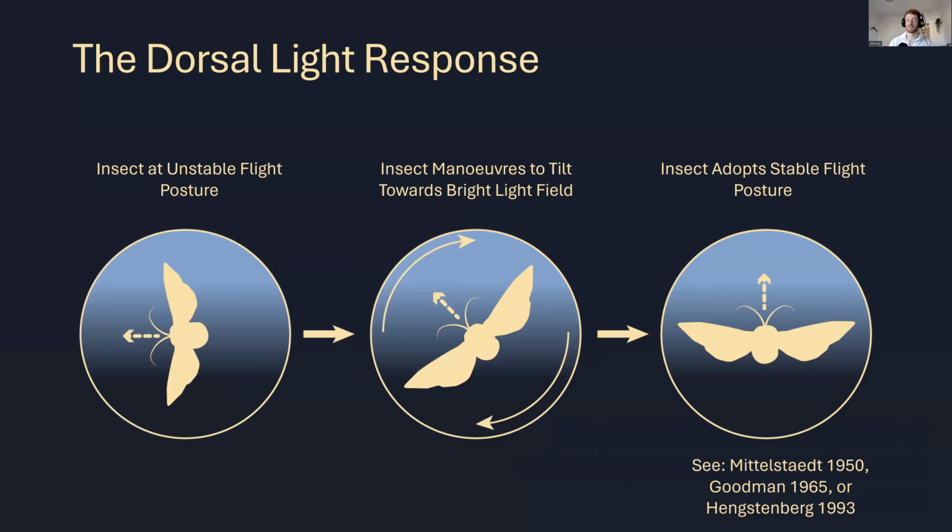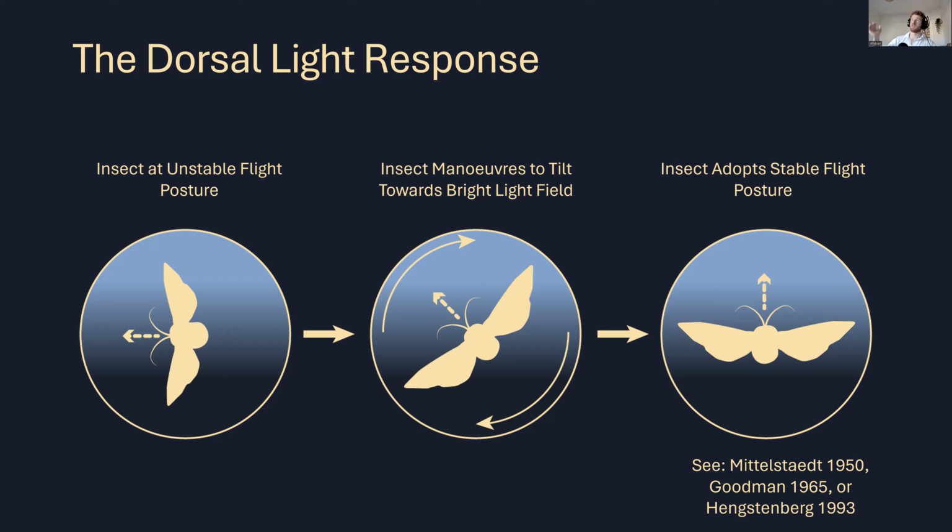So insects, along with fish, squid, marine invertebrates, and aquatic invertebrates, all show a very strong dorsal light response. Now, why do they have this? Well, it's because working out which way is up, if you're flying or swimming, is actually very hard. It's very difficult to work out which way is up because your body can be moved around in the medium that it's in, and you can feel all these accelerations like G-forces, but these are completely indistinguishable from actual gravity. You can't say what is being accelerated by the medium I'm in versus what is the direction of gravity.